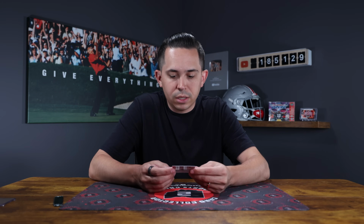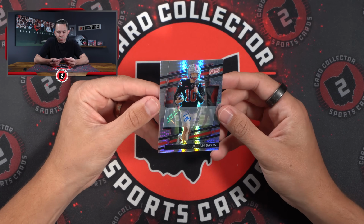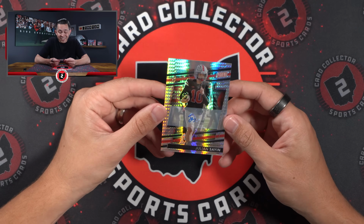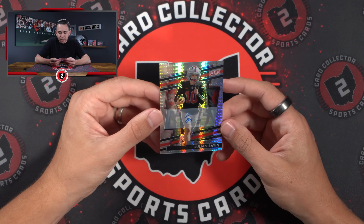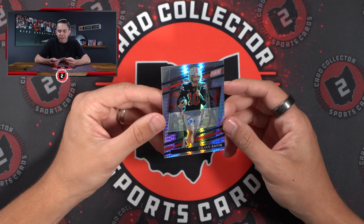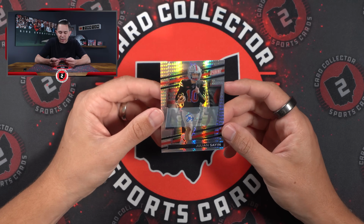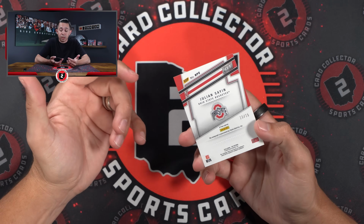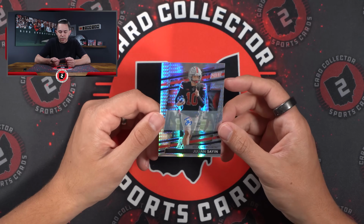And this is Julian Sayin Rookie Auto, numbered to 15. This is likely QB1 in Columbus for the Buckeyes. Week 1 against Texas. Sayin's a 5-star kid that transferred from Alabama when Saban left. This is a pretty big card. I think the last sale of this with the correct title was like $300 or $400. So